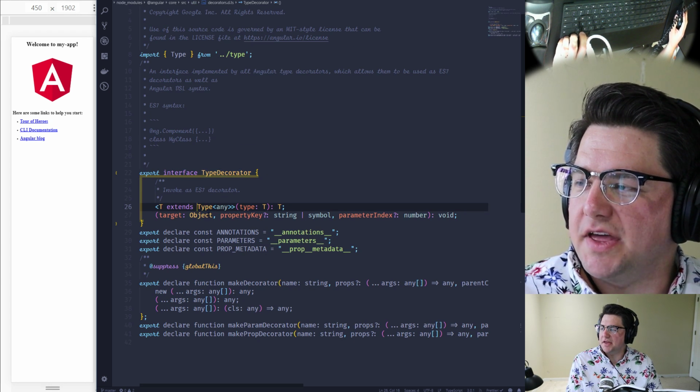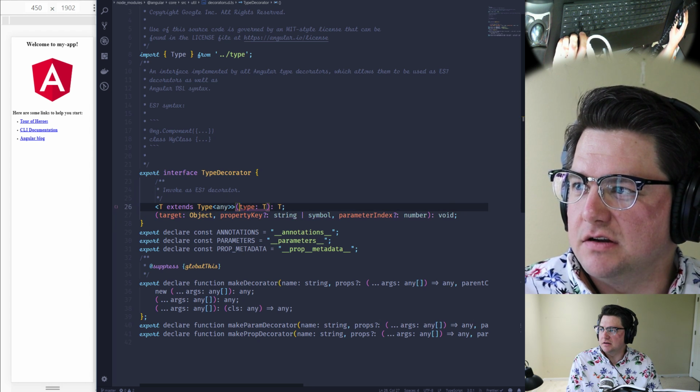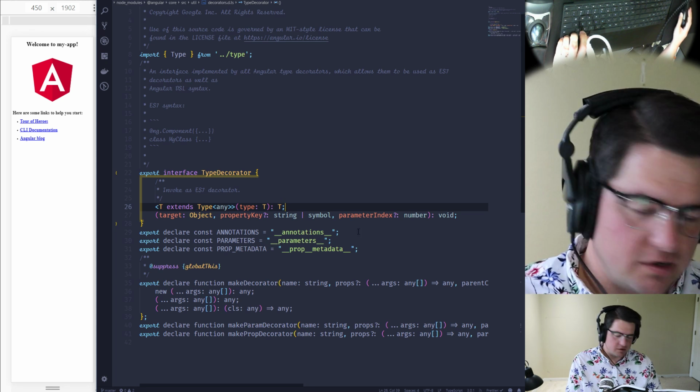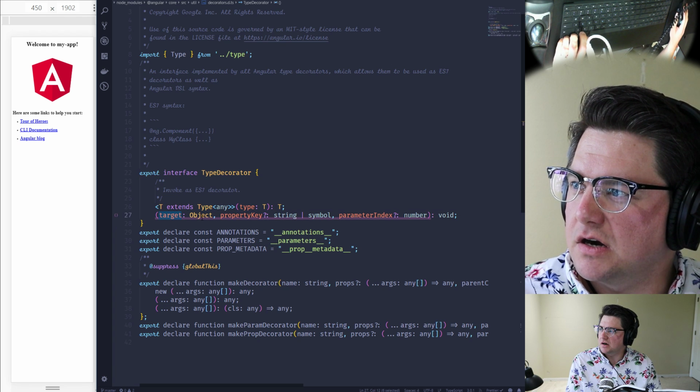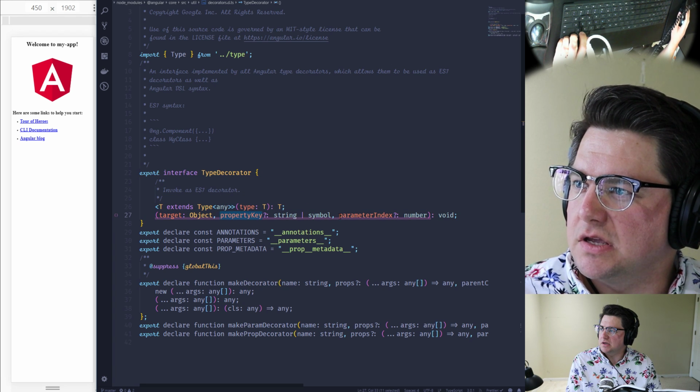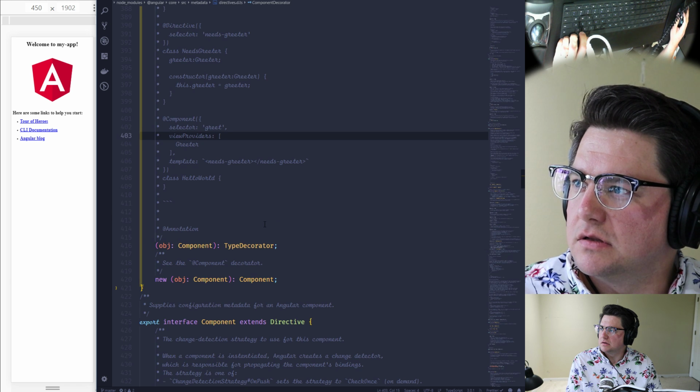It's a newable thing. A type decorator is newable. Or it is callable. Returns void. What does it accept? It accepts target, property key, and then,